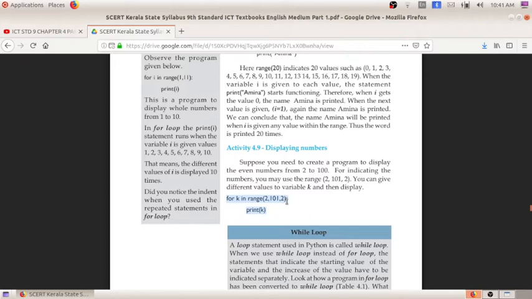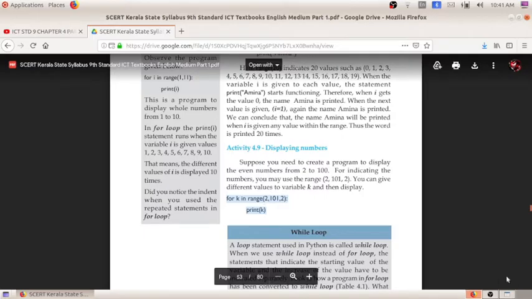A difference of 2 means we are going to display the even numbers. The last value is 101, but 101 will not get printed; 100 will get printed. So this we are going to do in our Python.